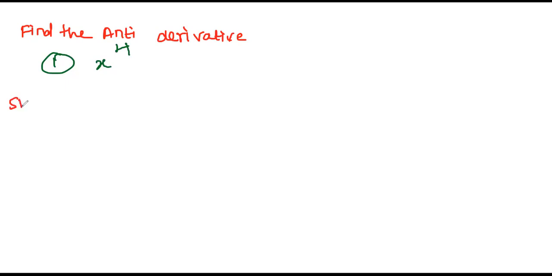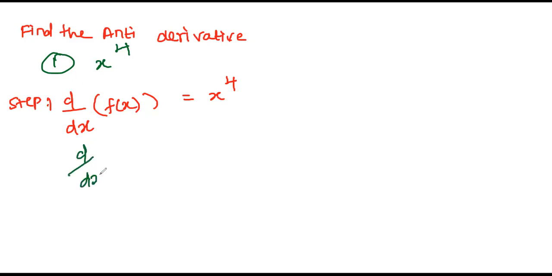So step 1 is, first you have to write this x power 4 as the answer, and you have to write d by dx of f of x. You have to find this f of x only. So here we are doing it in the reverse order. We know the answer already and we are finding the question. So in step 1 you have to write the power rule.